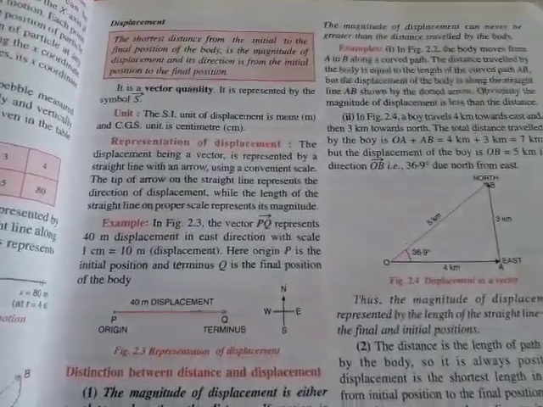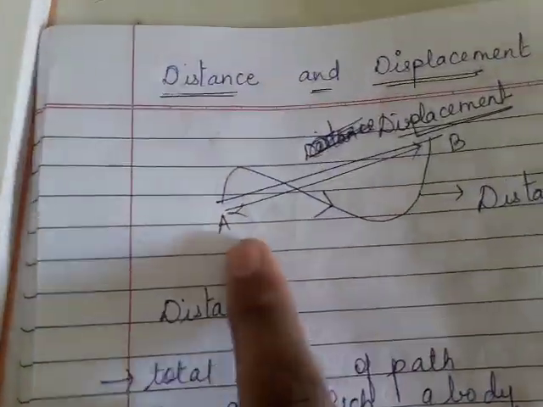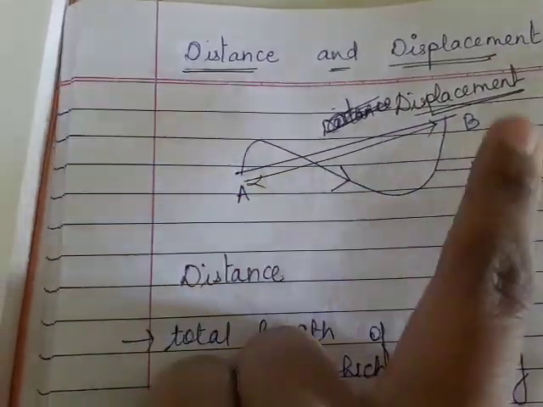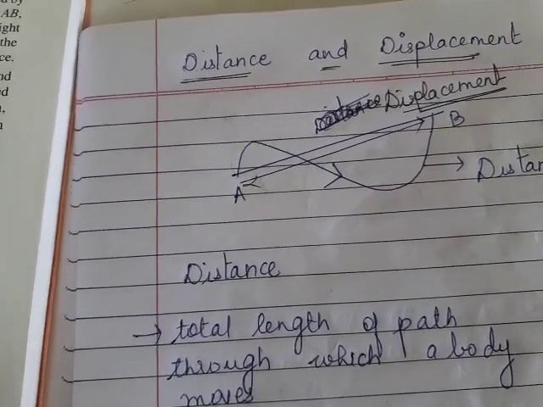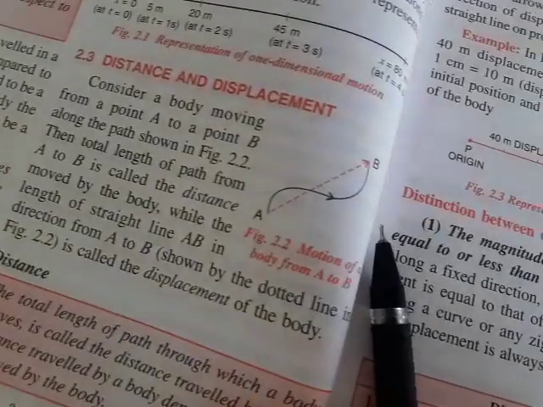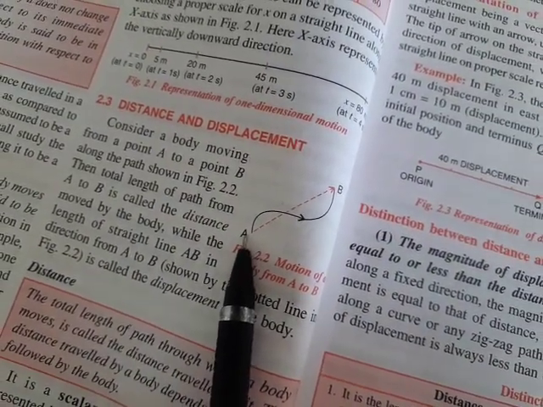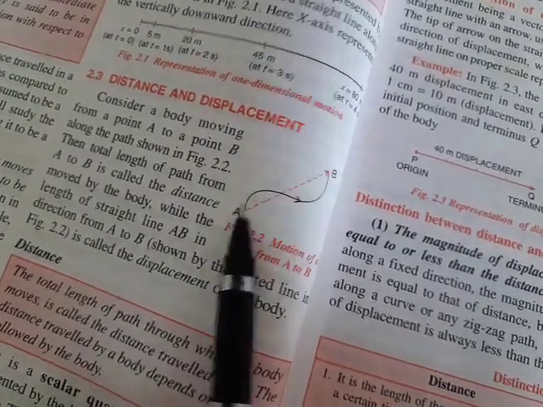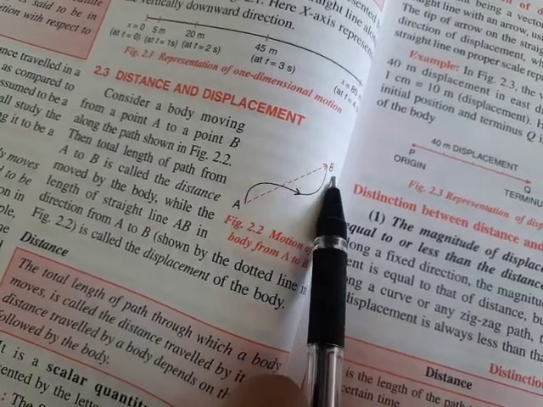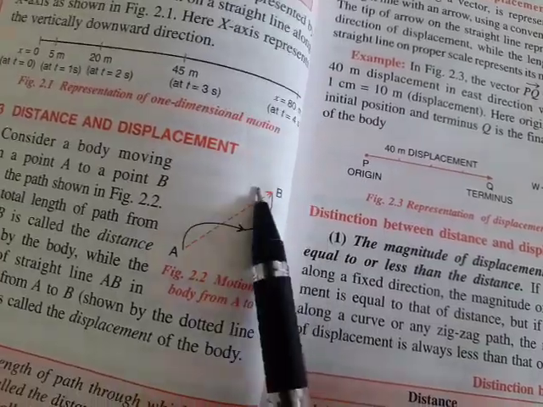Now the next thing which we have is displacement. Just now I told you what displacement is, right? From path A to B, this is displacement. So displacement is the shortest distance from the initial position to the final position of the body. Let's come back to the diagram again. If you see, you started from here at A, and you moved like this, but from A to B we can also reach like this. So that's the shortest distance from initial position to final position.